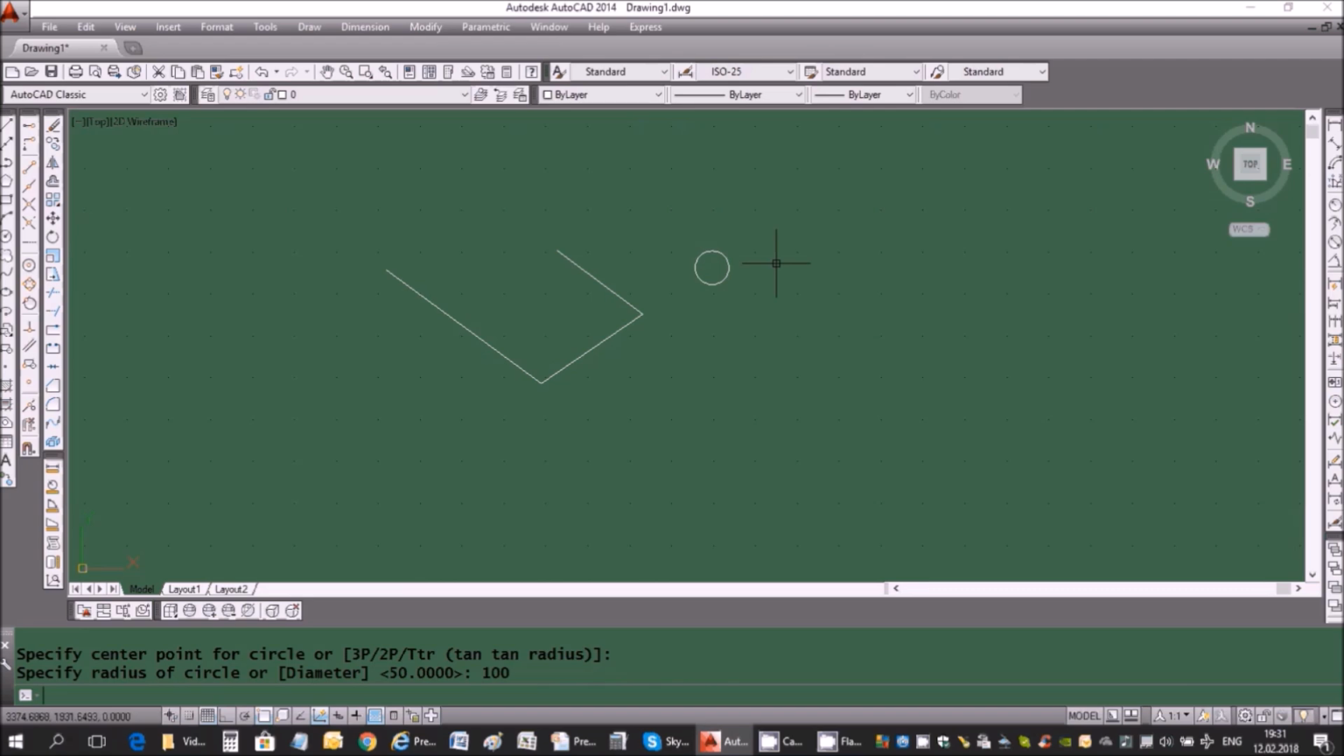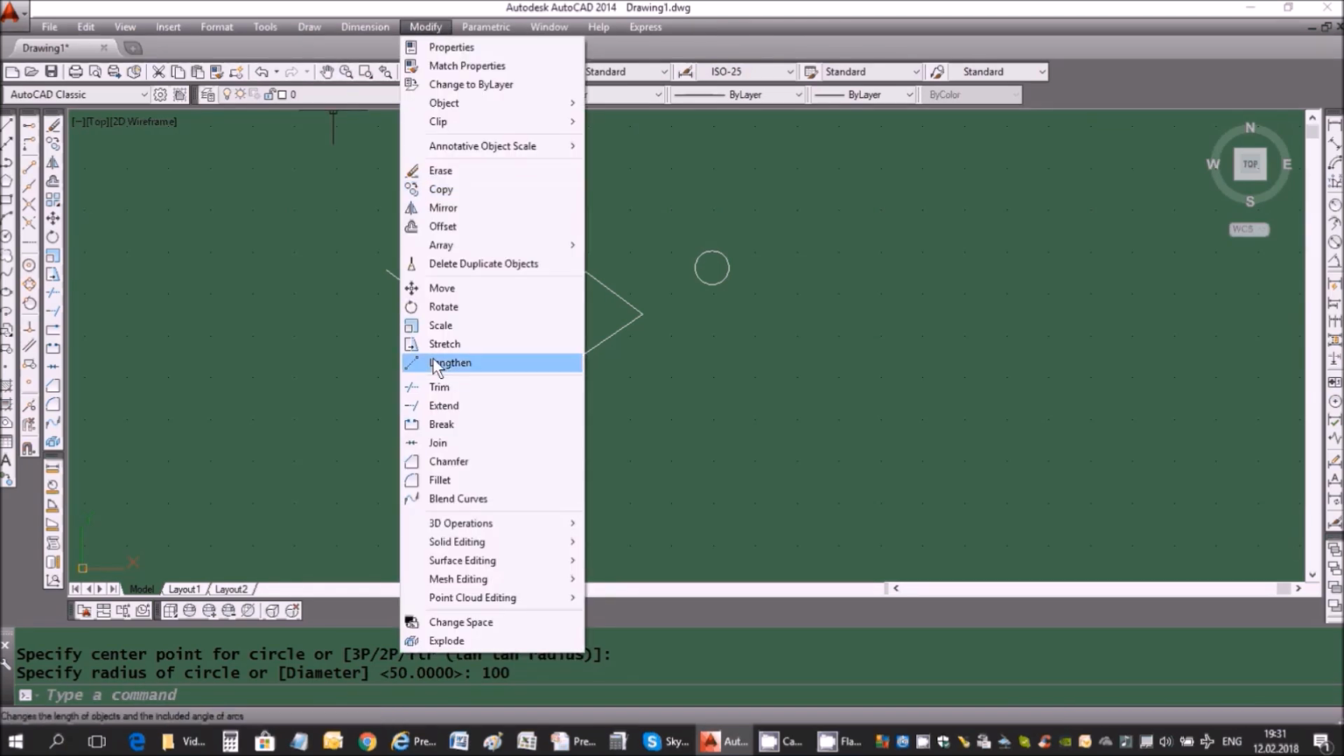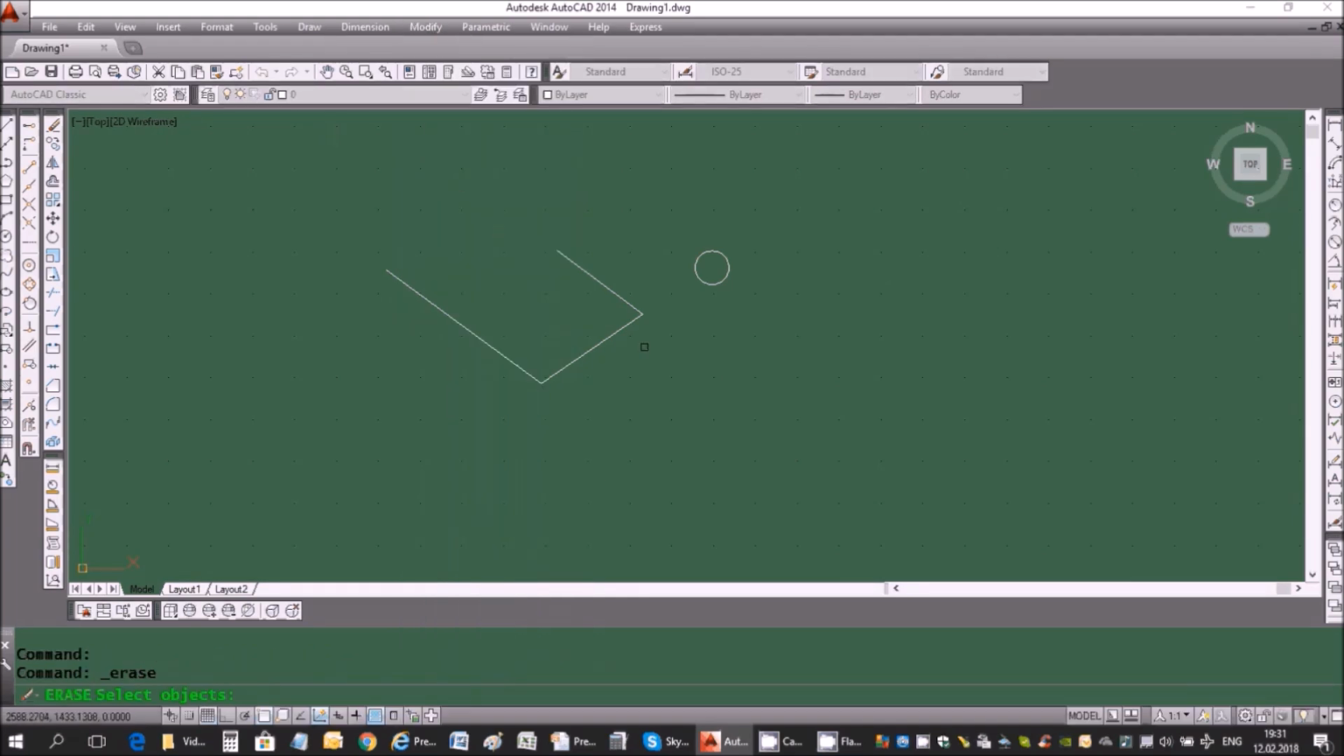From menu Modify, choose command Erase and then draw window from the